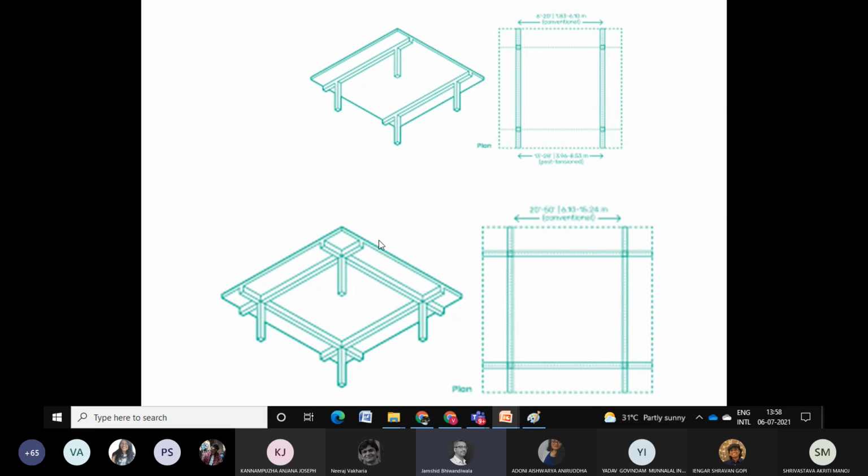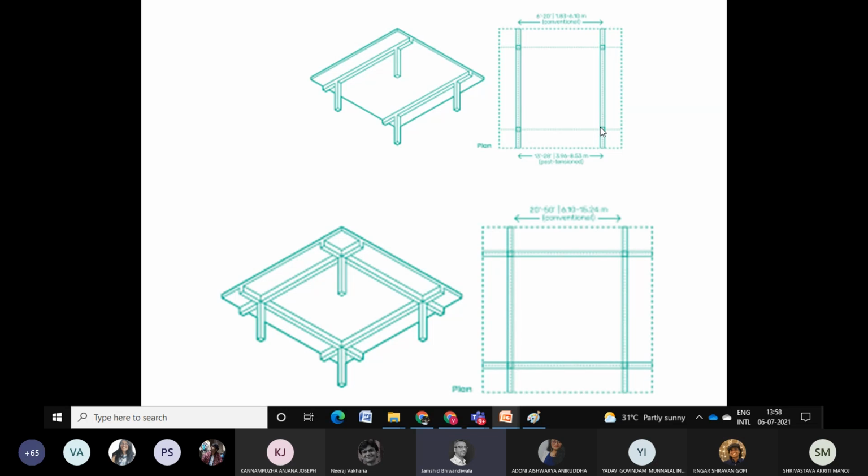Yeah, you have beams in all four directions and you have bars laid in both directions. That means you'll have main bars spanning in both directions, because you want the load transfer in both directions. You want the load to go to beams on all four sides, thereby transporting the load to the columns that are there. So you have beams on all four sides, transfer of load to all four sides.